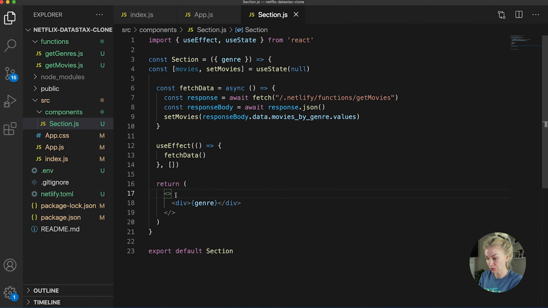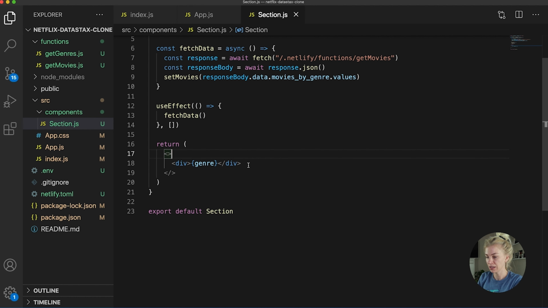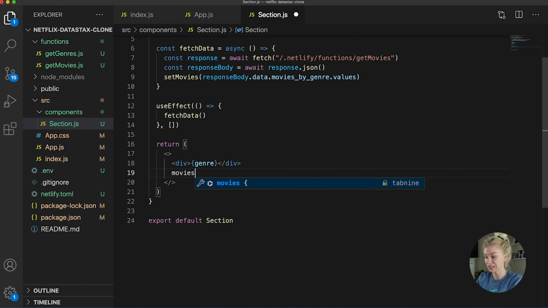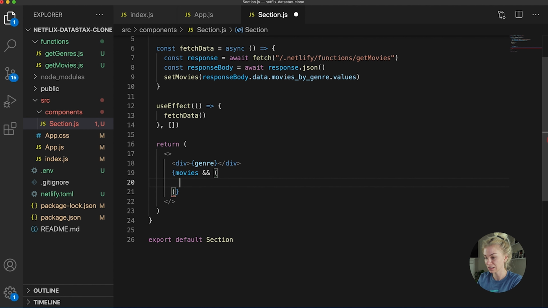So we're going to have the genre, and then if movies exist, so let's get our curly braces. So if movies exist, then we want to essentially,